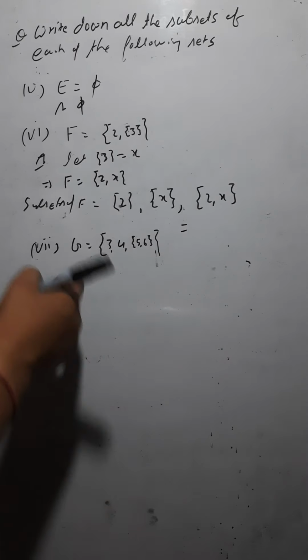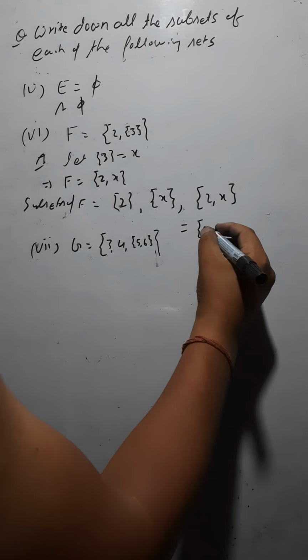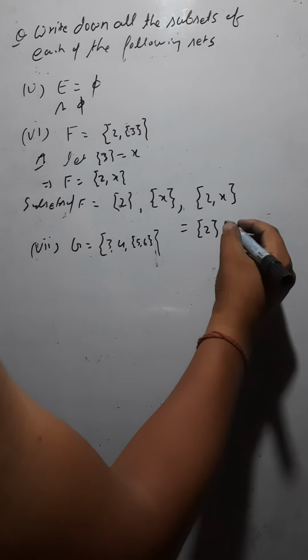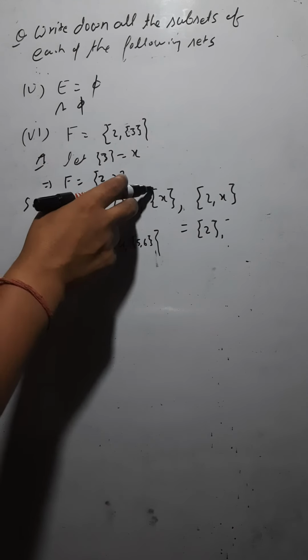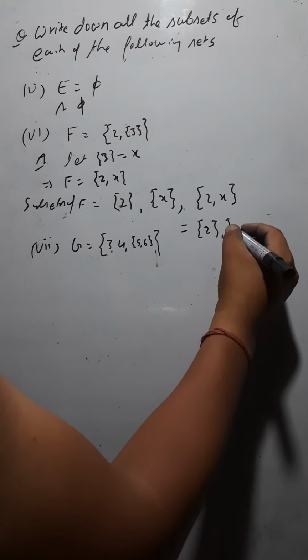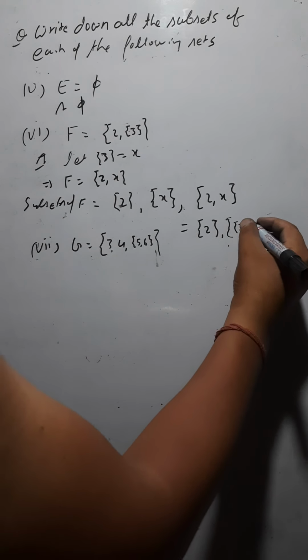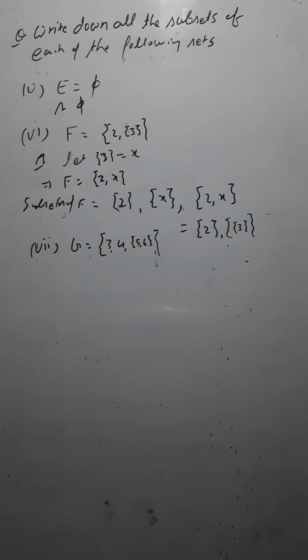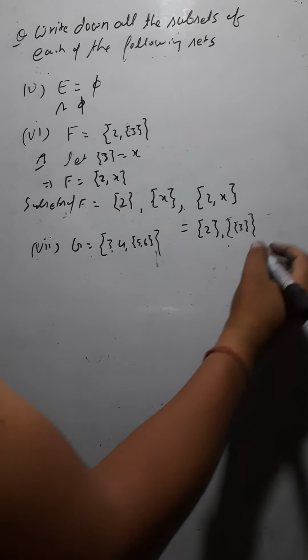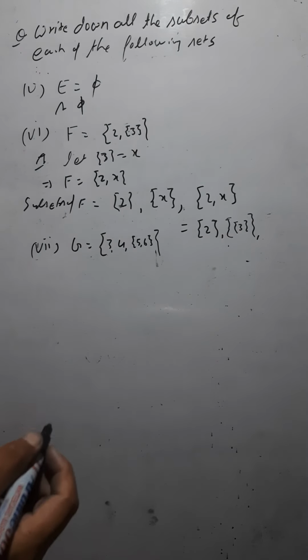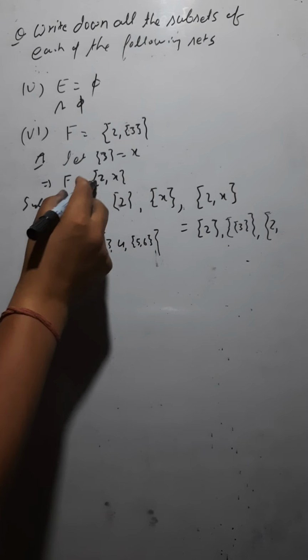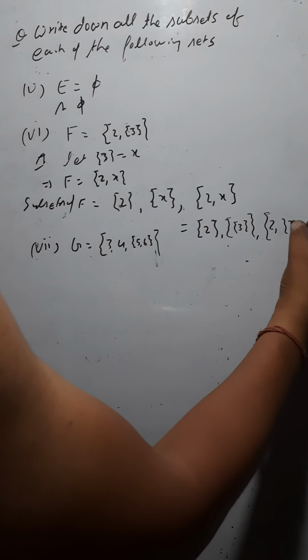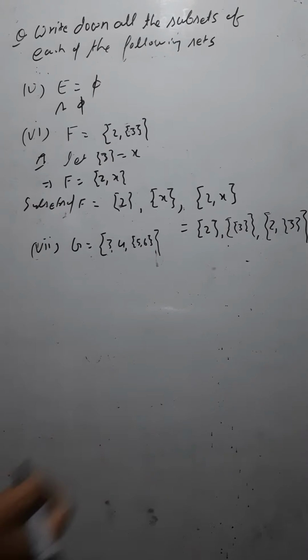What is the value of X? So first one set would be 2. Second one would be X. So value of X is again the set 3. So inside the set you would write it. Okay. So set, again set, here you would write 3, then again the set is there. So this is how you would write. Similarly, the next subset would be, you have 2, then in place of X you would write this, then again the set is there. Okay. So this is how you would find out the subsets of the given set F.